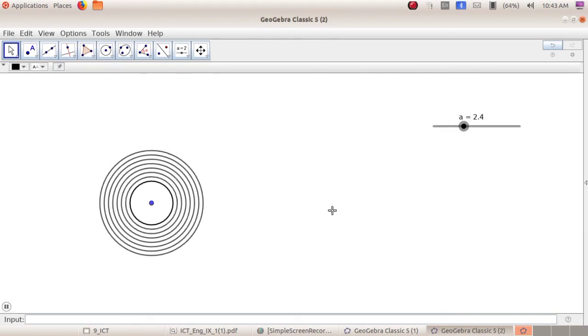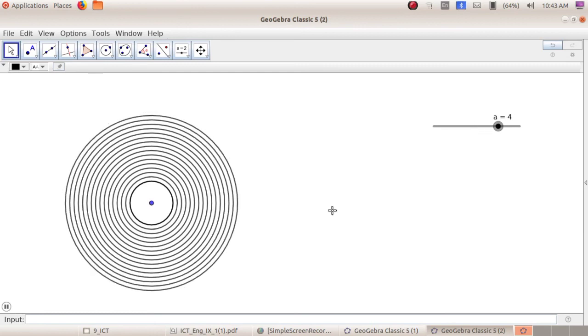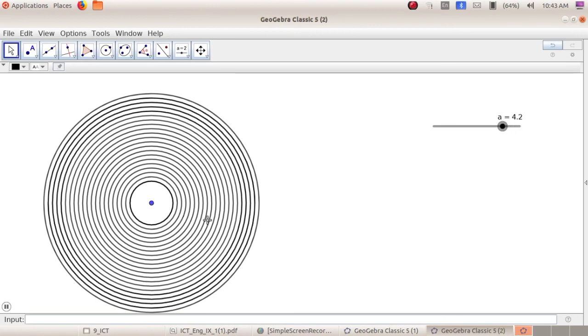Now you can see the animation that is given to the circle. Animation can be given to objects that move in a fixed path. If the slider is given animation, the objects that are controlled by it also get the animation. So it is very interesting now.